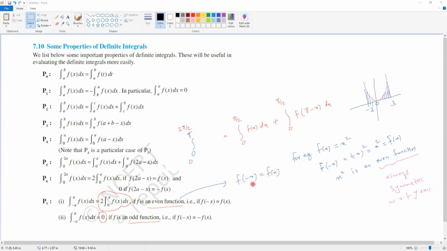So x के जगह माइनस x substitute करके देख लेना। Substitute करेंगे तो same function मिलेगा, तो it is even function. For example x square, माइनस x दे दिया, माइनस x the whole square, आपको x square ही मिला, so it is even function. अभी odd function मतलब, आप x के जगह माइनस x दे देंगे तो आपको original function का माइनस मिलेगा. For example f of x is equal to x cube,